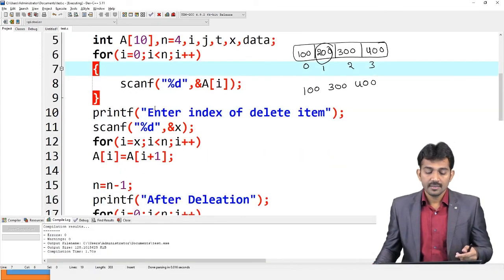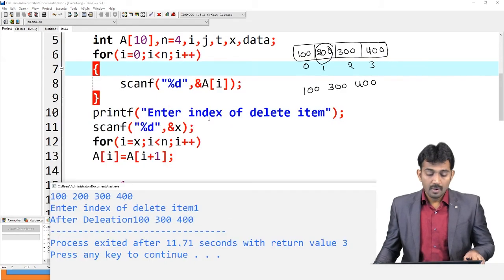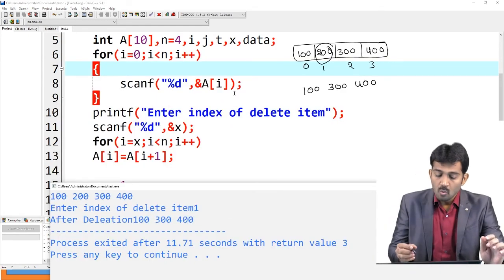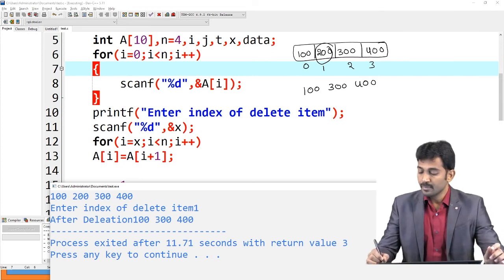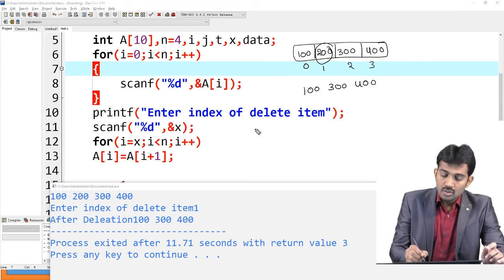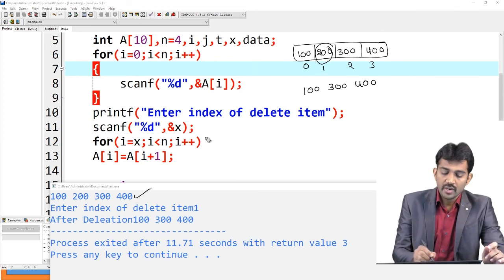Initially the data is there with me. This is the data which I entered. After that, enter index. I entered the index, the X value is 1.